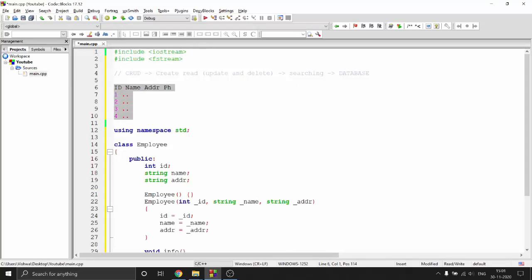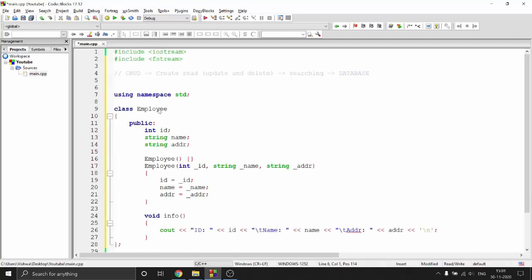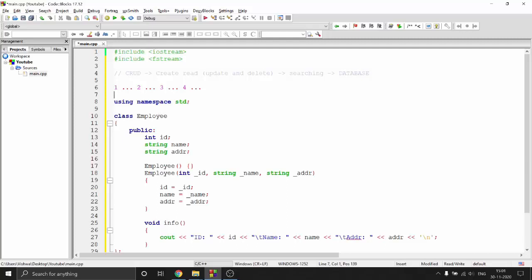Before that, we need to know how a binary file stores data. We already know that binary files store everything in binary format, but we need to know how it actually stores it. Let's say I have these 4 records, the same thing, and it is not stored in such a neat table format. It just dumps all the data in one single line. You get 1 all the data, 2 all the data, 3, 4, and if you have 100 records, you get all 100 in one single line. That's how binary files work.